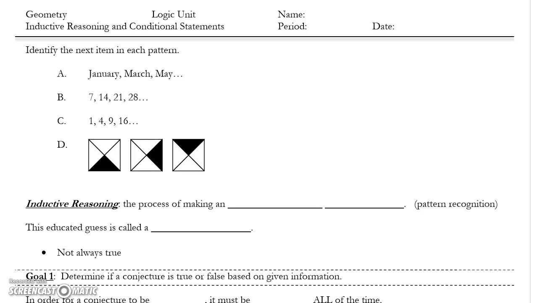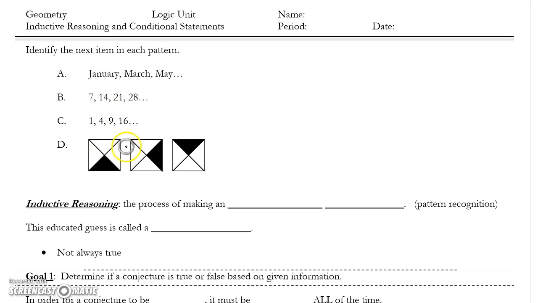This unit that we're going to study now is all about logic and how we make decisions based on information that we've been given. Everything is going to come down to reasoning, and all of our decisions have to have sound reasoning. And then we'll also have to decide, based on what we're given, what information is true and what information is false. To start, I want you guys to go ahead and take a look at the 4 lists